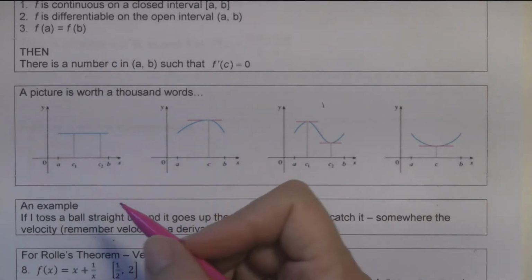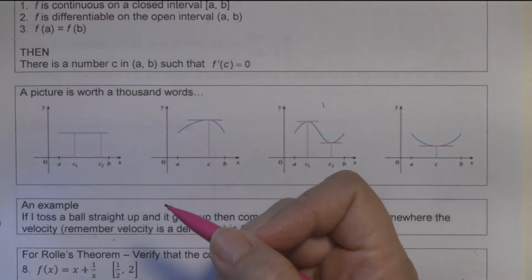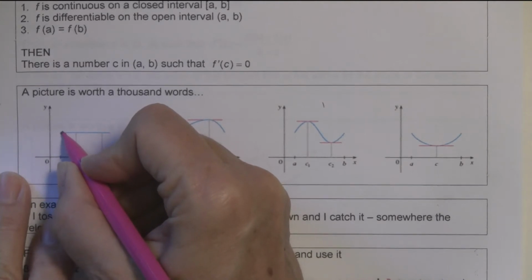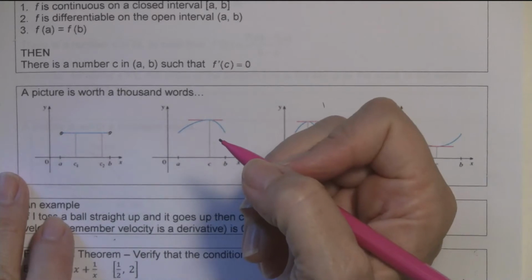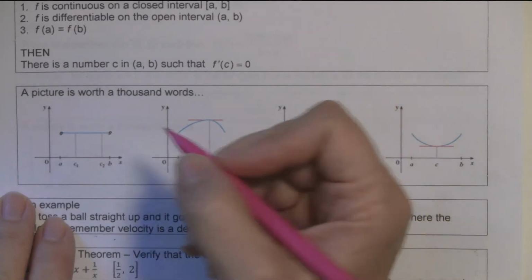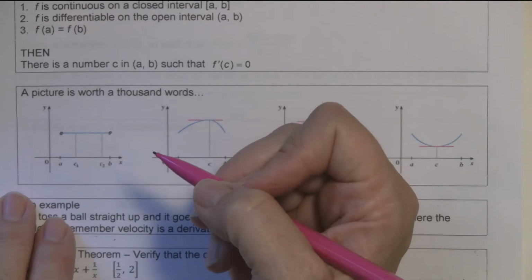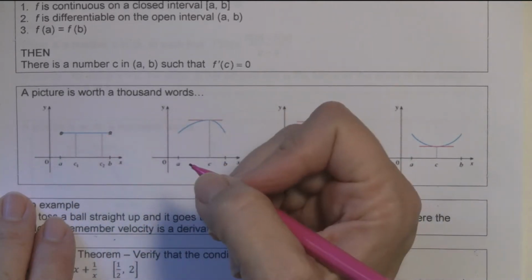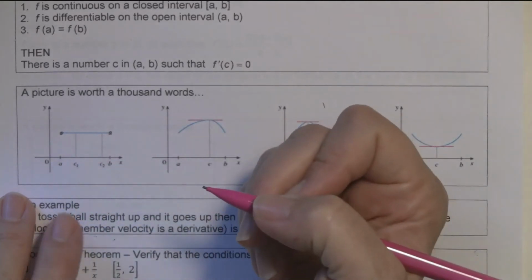going on. And so the first part of the theorem is that it has to be a closed interval and continuous. So here is between A and B. So here is just a horizontal line from A to B. It's closed, it's continuous, it's differentiable, right? Because if you take the derivative of this at any place along here, at every spot between A and B, not at the endpoints, but at any place in the interval, you're going to get 0, right? The derivative of